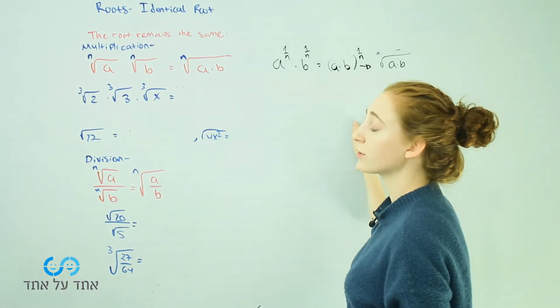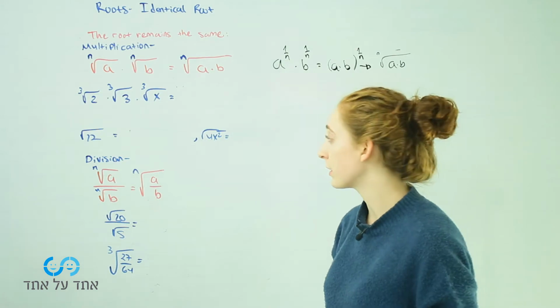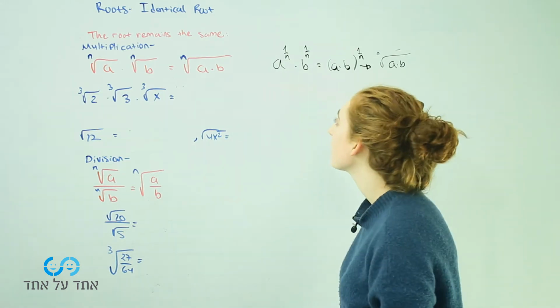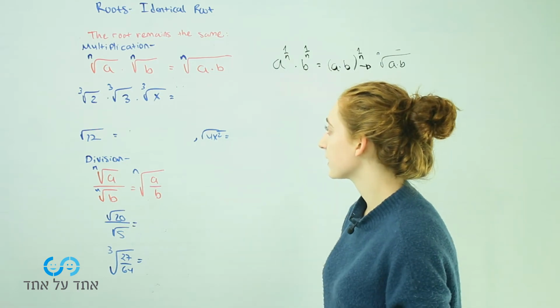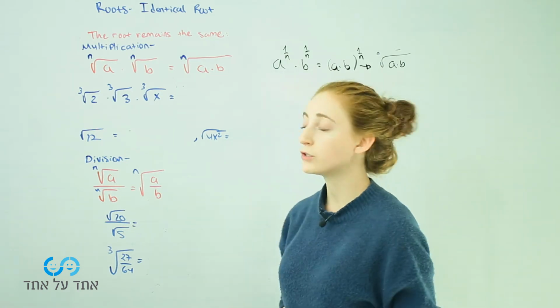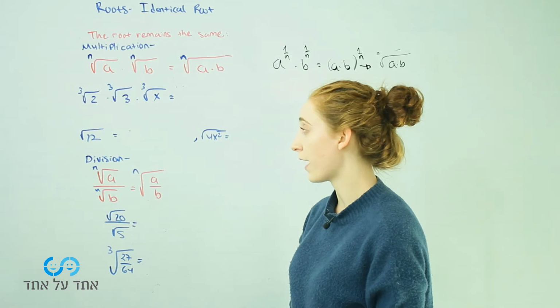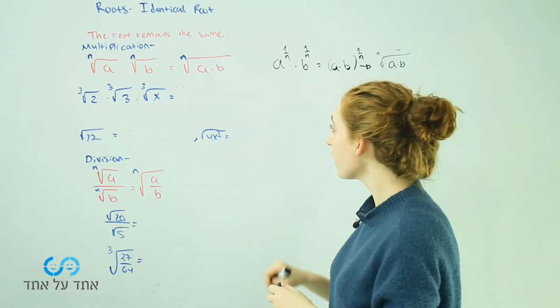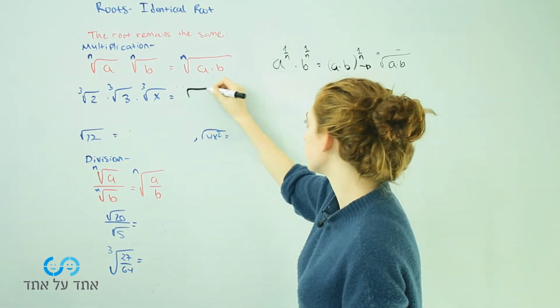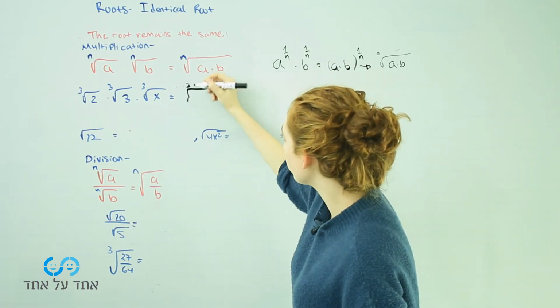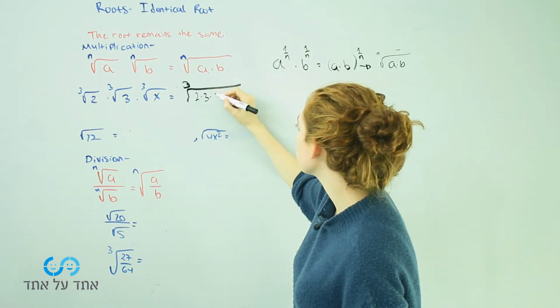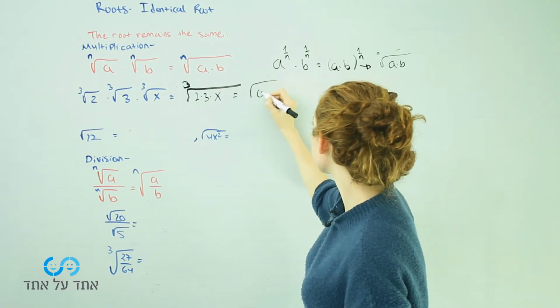So this is just so that you understand, but you definitely don't need to do it during the test. You just have to do the shortcut. So let's take an example. The third root of 2 times the third root of 3 times the third root of x. So my bases are not the same here, but my root is the same. And I have multiplication, so the root stays the same. I'll have the third root, and I'll have 2 times 3 times x, or